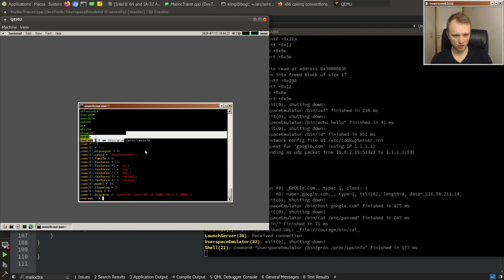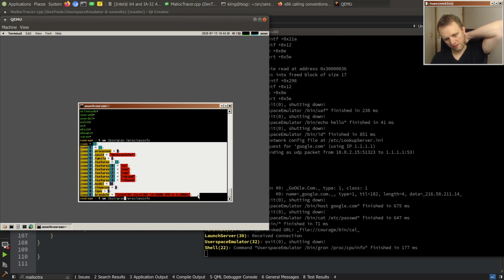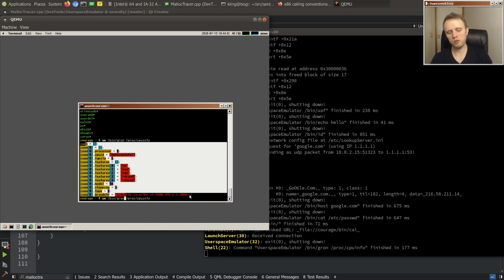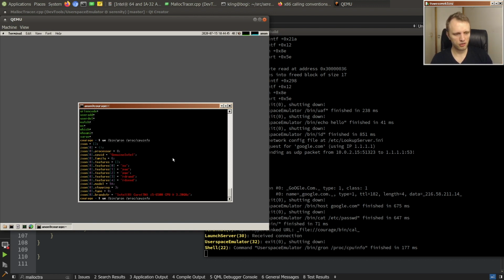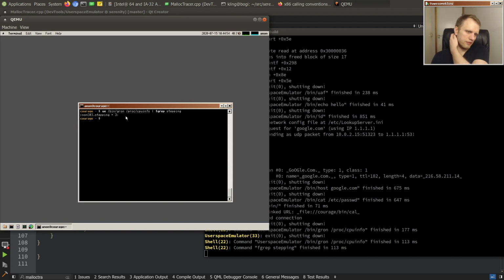That worked. The Gron tool. This is a great tool, by the way. It's like a semi-faithful implementation of a tool by Tom Nom Nom, which is called Gron for greppable JSON. It just takes JSON input and then rewrites it in this array or assignment format, and it's very grep friendly. So if you're catting the CPU info and you're just interested in the stepping field, then you can grep like that, right? It's very cool. Anyway,